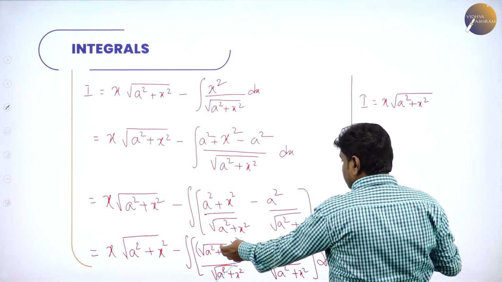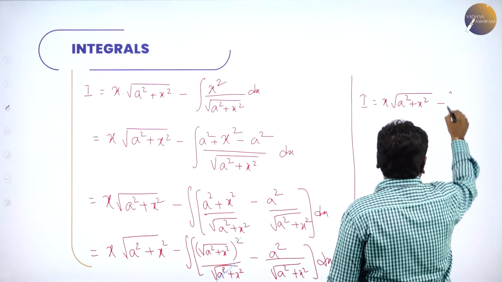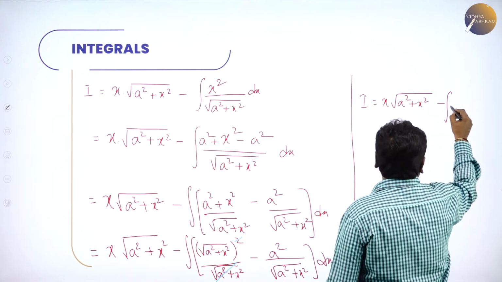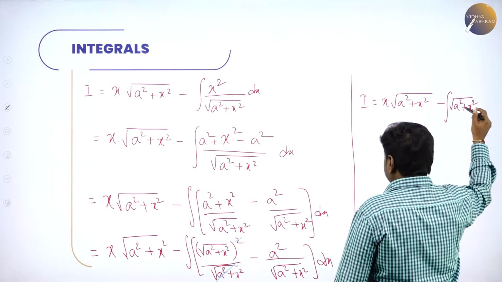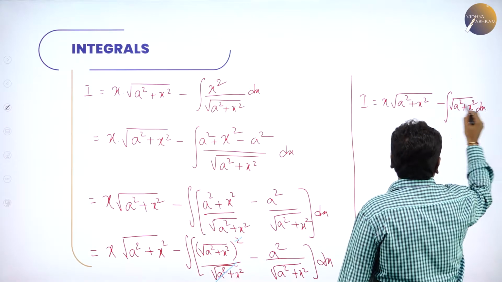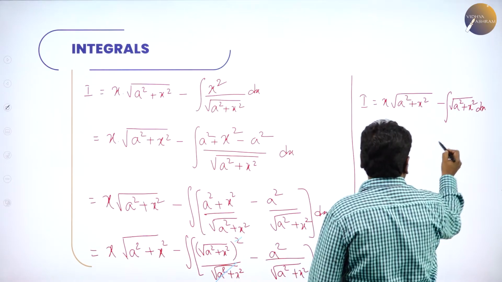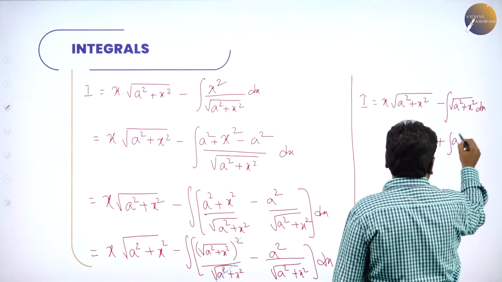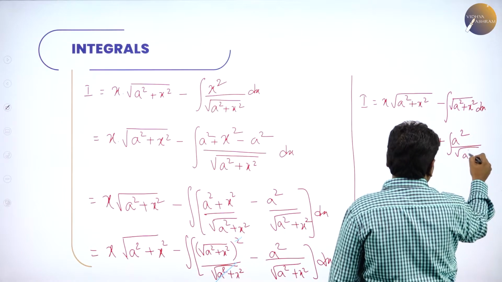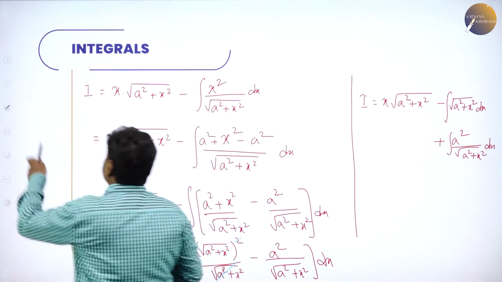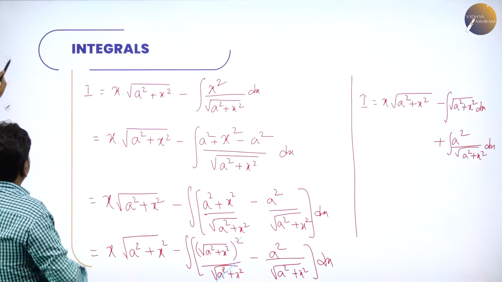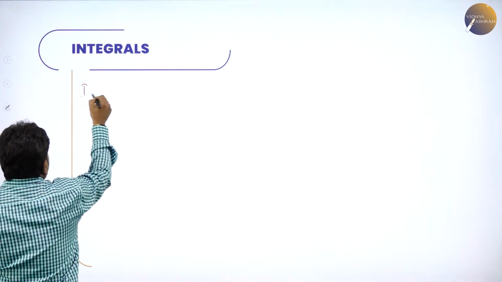Then we have open the bracket. So minus integration of root of a square plus x square dx, and minus, you take it inside, minus of minus becomes plus integration of a square by root of a square plus x square dx. Or let me write in the other page, that is we are left out with I is equal to x